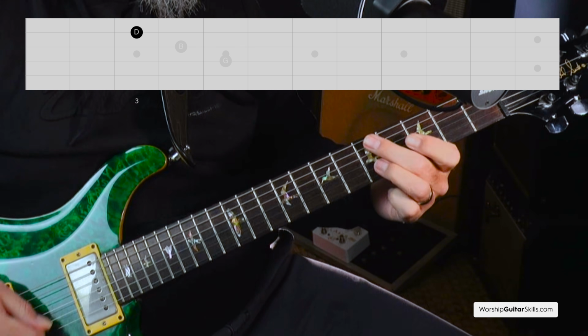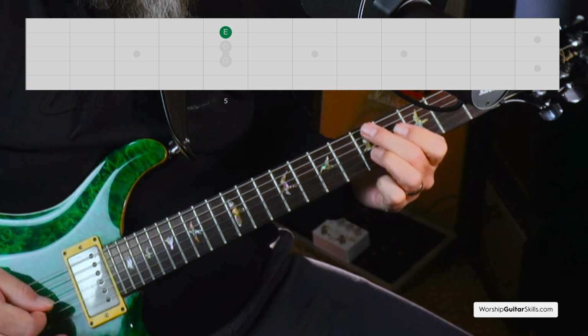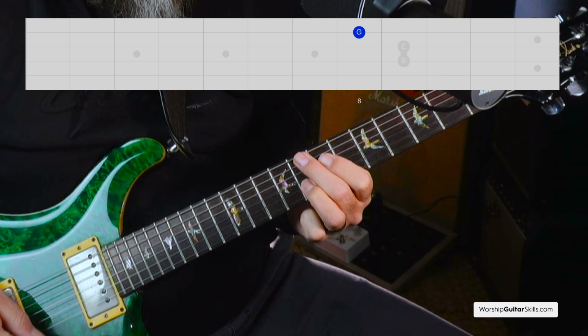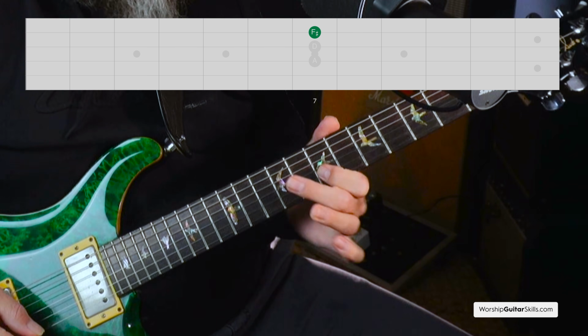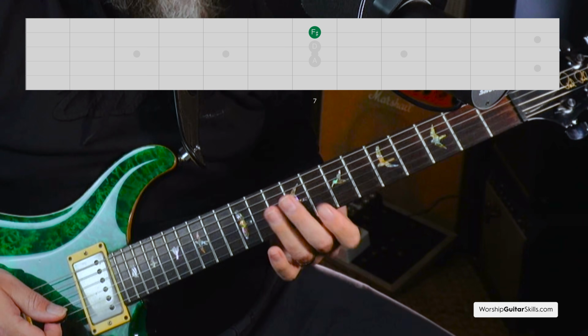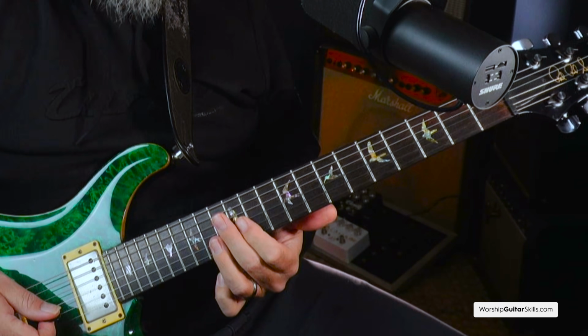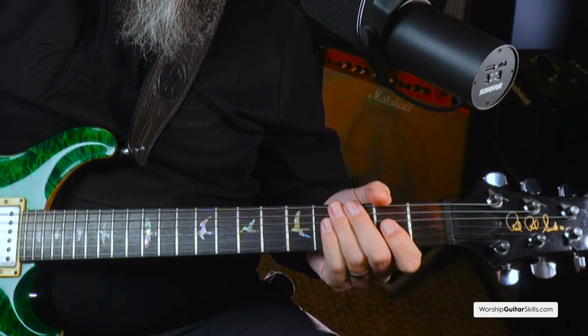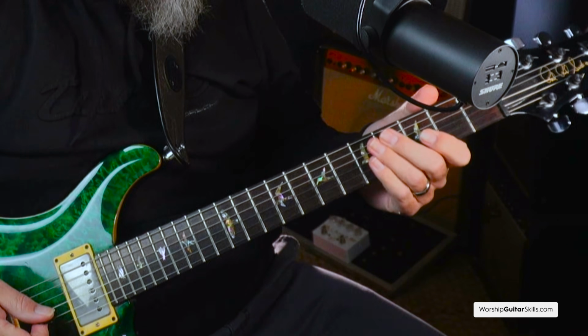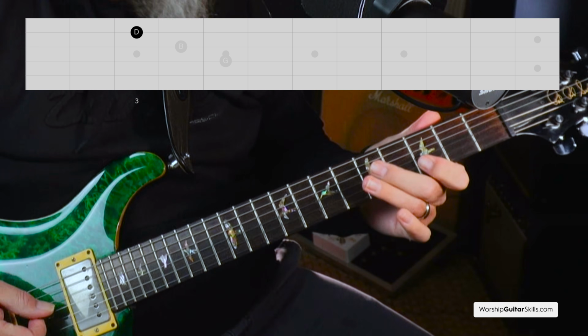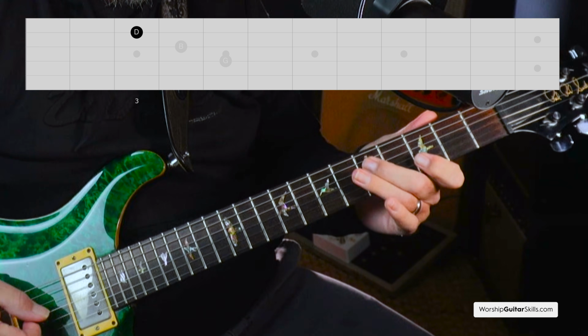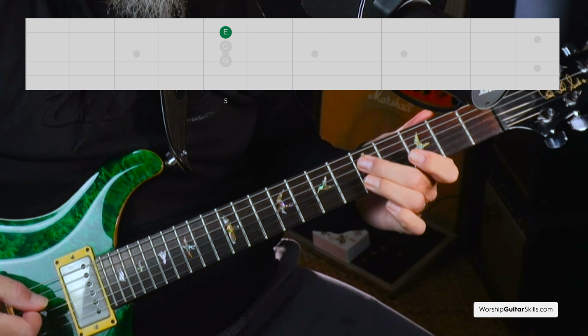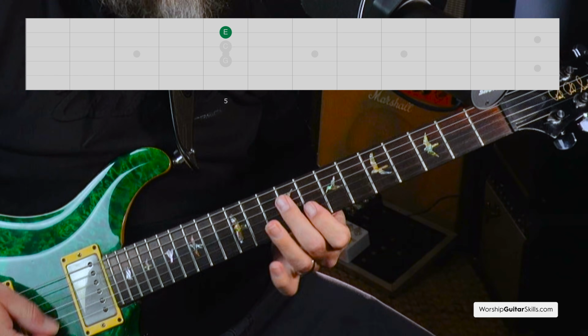G, C, E minor to a D, and then I just had a little bit of a melodic phrase there. In fact, I did that for the rhythmic part as well. If we go back to the rhythmic sound, basically G, C, E minor,